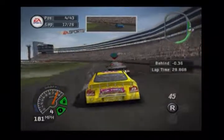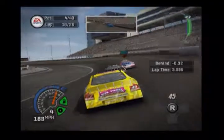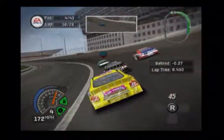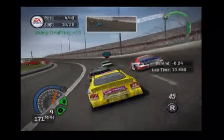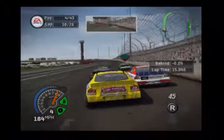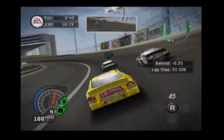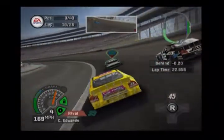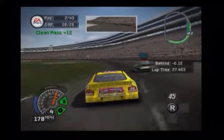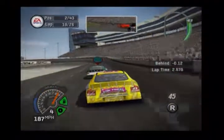Okay, can we make it 3 in a row? Can we three-peat it today? It's looking good for us if we can get around Ryan Newman in the fellow Dodge. But we're not teammates, me and Newman. But we're helping him around Ricky Rudd. We made contact with Ricky Rudd in the Ford. We might as well crash into all the Fords today. He's attempting a block. Yeah, he's definitely a rival. Edwards is there. Kyle Edwards was one of my favourite drivers at one point in NASCAR before he retired as well, so...